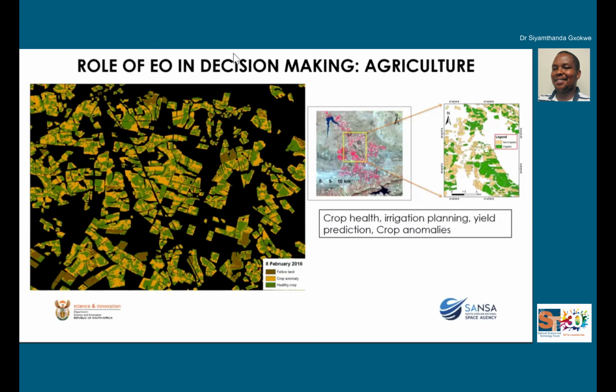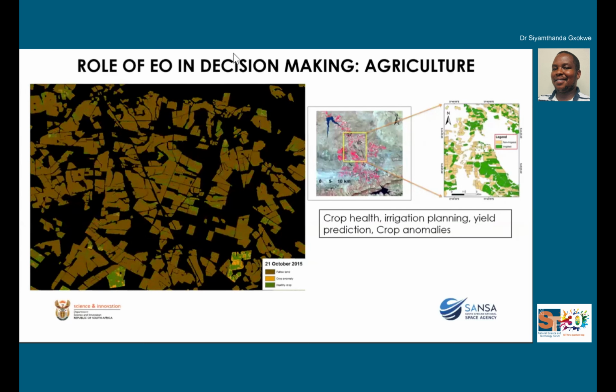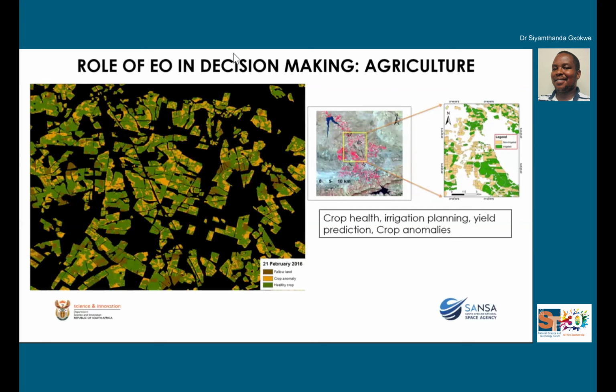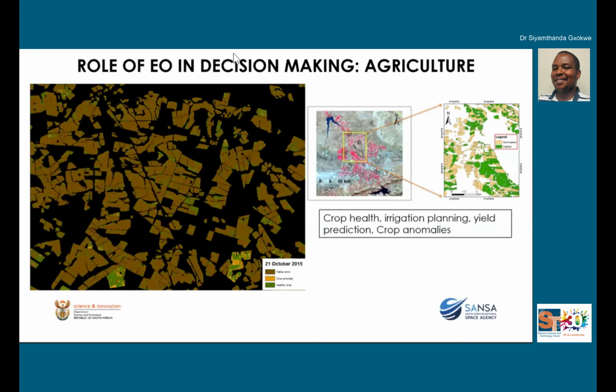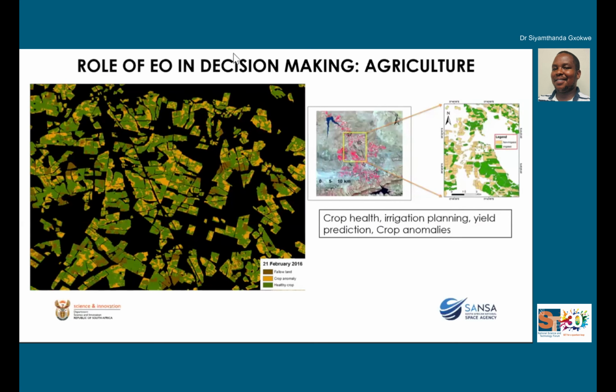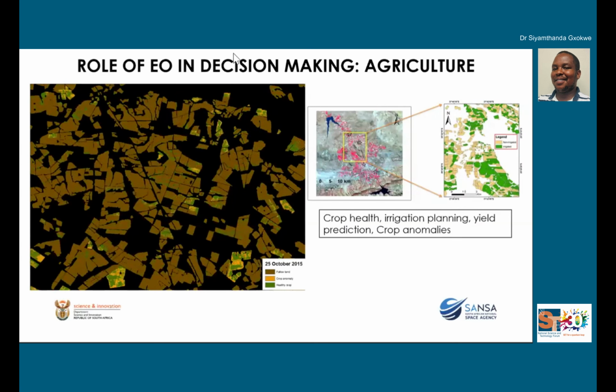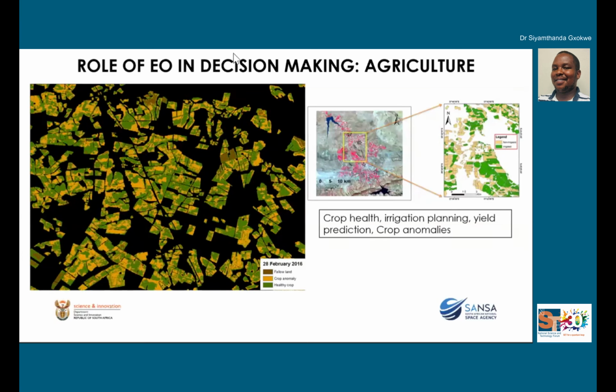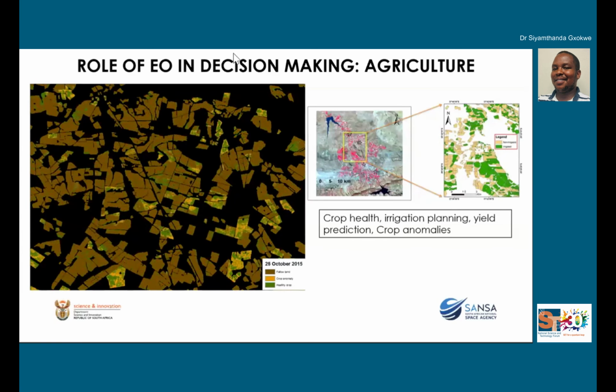And also we have some irrigation tools, which give us an indication of when and where to irrigate, because at the end of the day we have a water crisis, and we don't want to over-irrigate either, which also threatens the yields that we are going to get out of these fields. So we need data that will tell us where to irrigate and at what time.